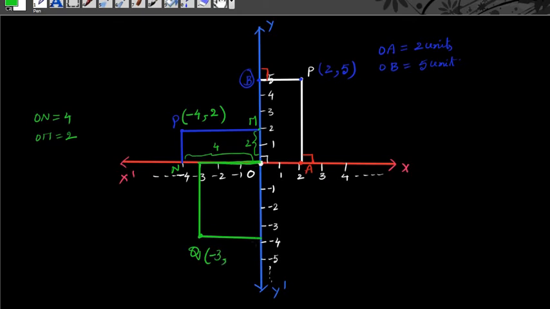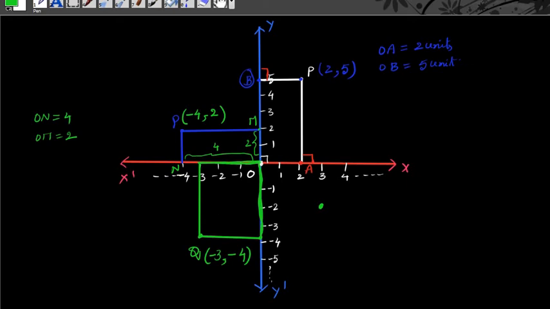Here also, the distance from origin to the foot of the perpendicular on the y-axis, that means this y coordinate should be the distance from origin to this length. So what is that? How much is the distance here? -4. This is the point. Next, one more point I have taken here. Say this one.